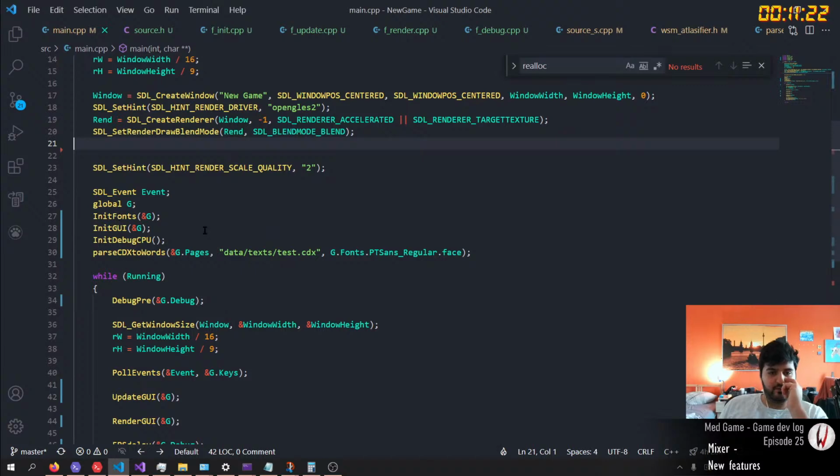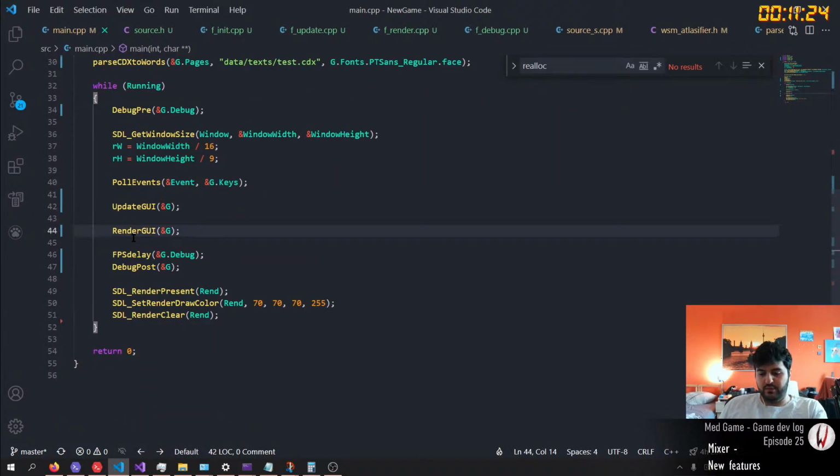So how does the render go? Oh, I loop over 1,000? How many of them do I loop on?